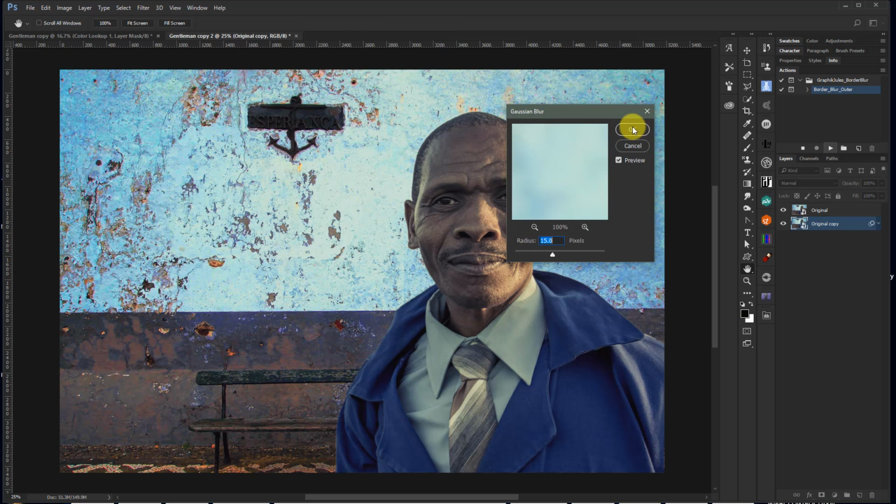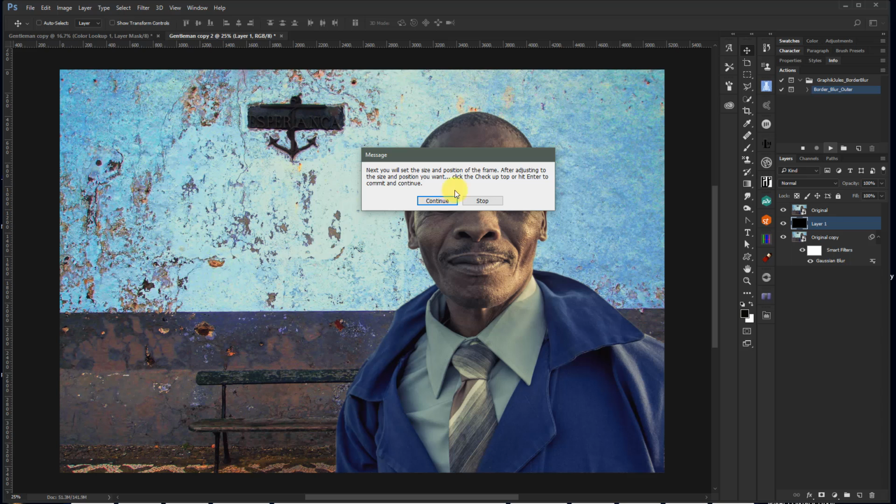Of course, this number is going to depend on the look you're going for and the size and resolution of your document. But like I said, it's a smart filter, so you can adjust it later, not to worry. Hit OK. Next thing it's going to ask you to do is set the size and position of the frame, and after doing so, click the check mark up top or enter to commit and continue. So I'm going to hit continue,